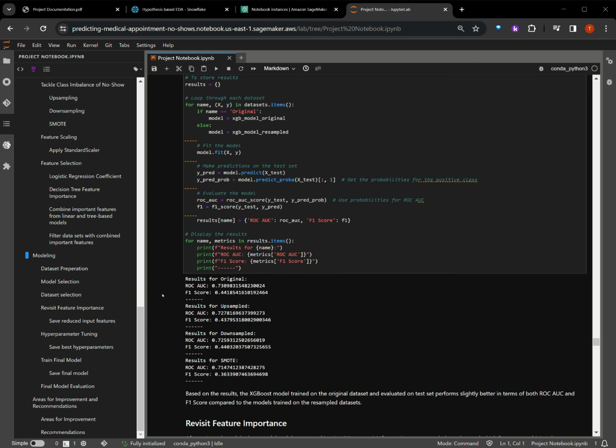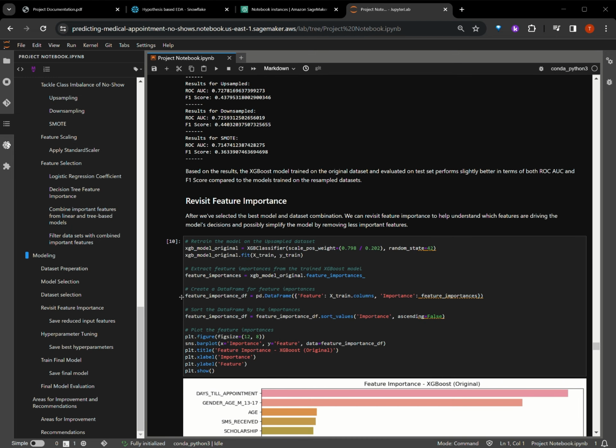By looking at the result, we can see that the XGBoost trained on the original dataset achieves the highest ROC-AUC and also the F1 score. So we continue training the XGBoost model with our original dataset, unsampled and unscaled. So now that we have decided on the XGBoost model,